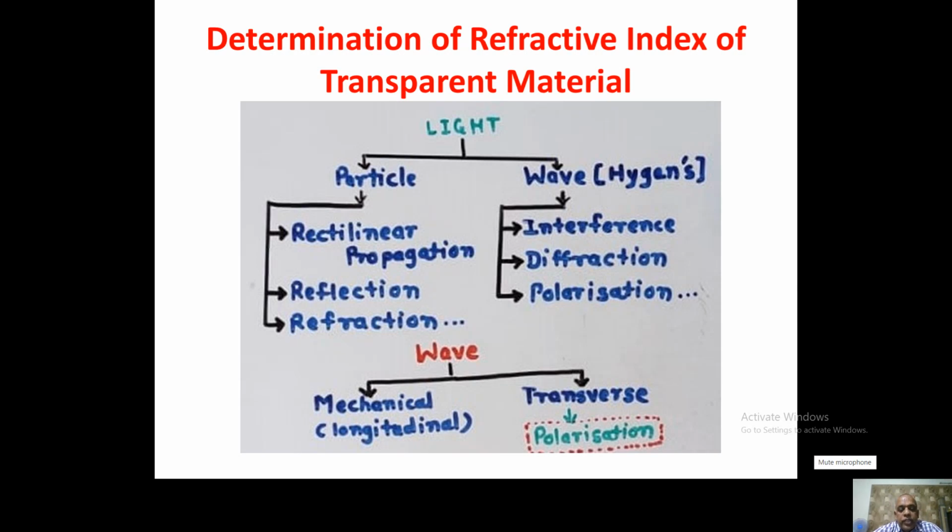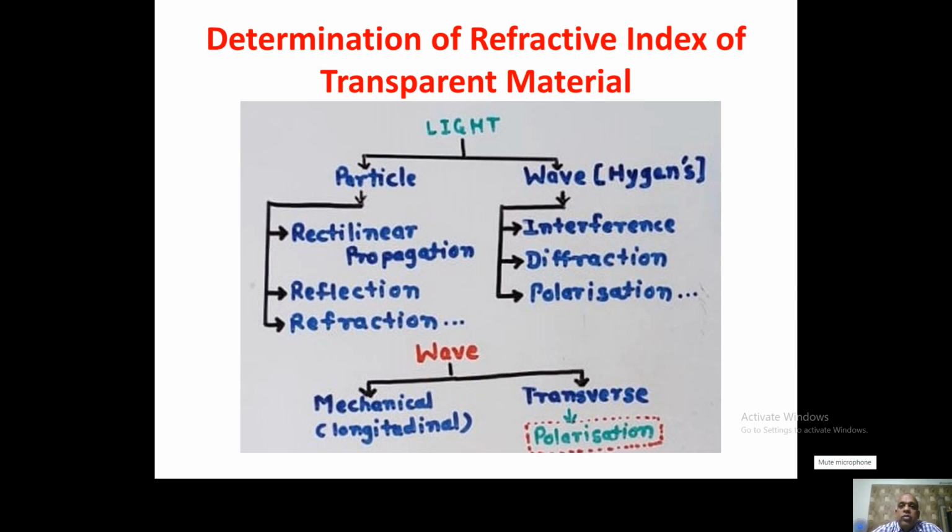The rectilinear propagation of light, the reflection of light, and the refraction of light can be explained by considering light as a particle. The interference of light, diffraction of light, as well as the polarization of light can be explained with the help of the wave theory of light,